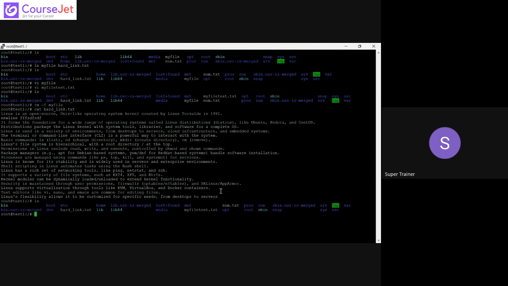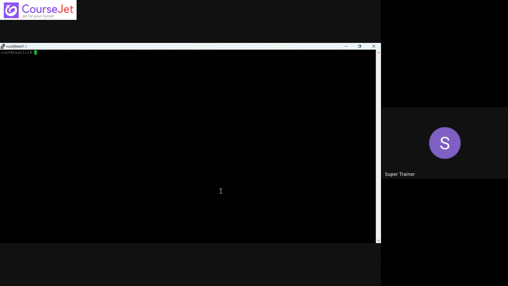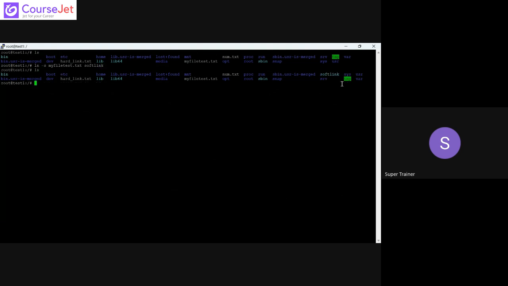Okay, so this is the hard link, and then another one is the soft link, right? I am in the same directory, using the ln command. For the soft link we need to additionally use -s. So this is my original text file, and I'm going to create a soft link. Okay, now I have this soft link available, and I'm going to delete my original file